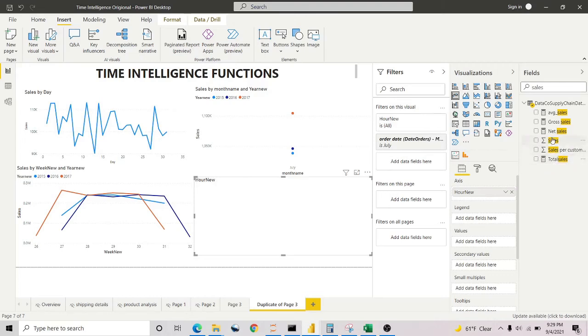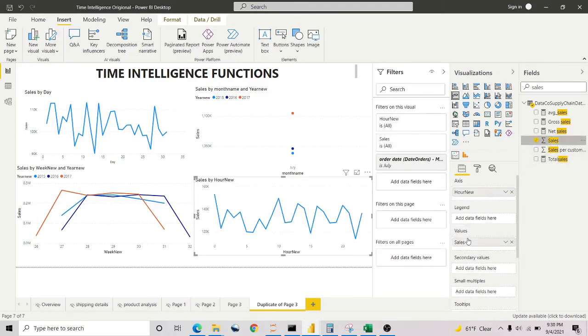So yeah, I've been using the sales. So basically, this shows us the hour of the day, and we can also try to use the average sales here,